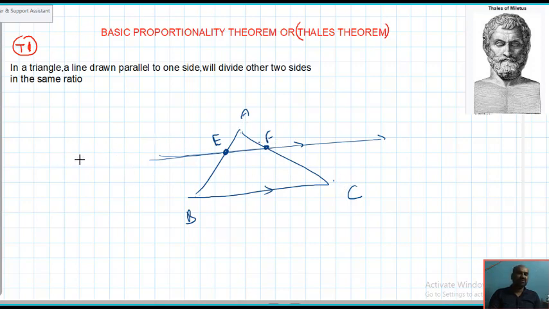To prove this theorem, we need to use two important things. First of all, the acute angle triangle and obtuse angle triangle. For this acute angle triangle, say ABC, BC is taken as the base. From A we need to draw a perpendicular. This is taken as the height or altitude of the triangle. This is the height for this base.